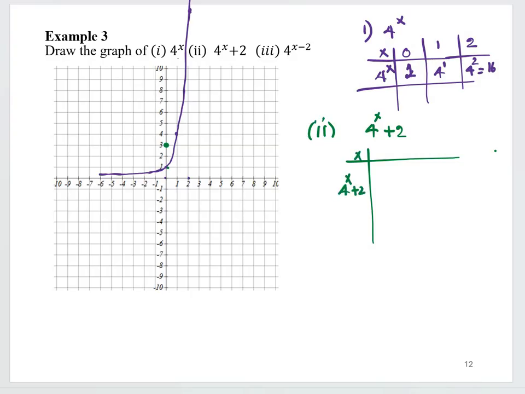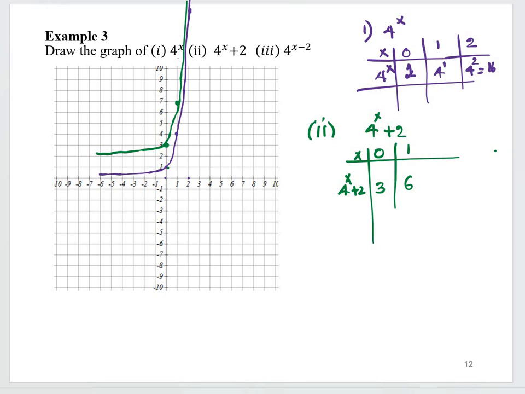When x is equal to 0, it was originally 1, but it becomes 3. And when x is equal to 1, it will be originally 4, but it becomes 4 plus 2, 6, right? So when x is equal to 0, it is 3, and when x is equal to 1, it will be 6. So we can draw the graph like this way. Okay,